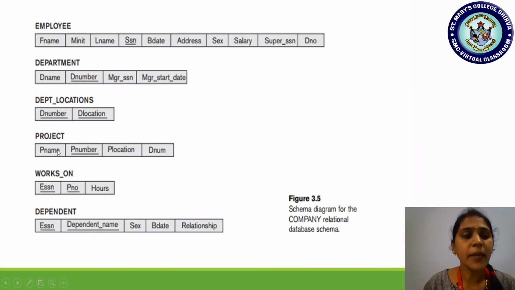Instead of giving D name and P name, here simply instead of D name, we would have given simply name. In the project also, we would have given simply name. So both are the same attribute name which we have considered, but they exist in different relations. In the department also we are having name. In the project relation also we are having name. So name still remains unique because it is referencing a particular relation there. Name refers to department here, whereas name refers to project here.